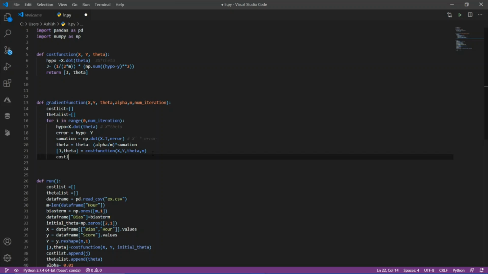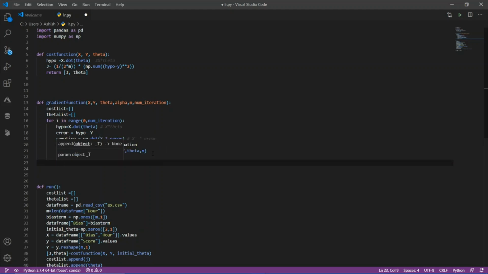So cost list dot append j, and then theta list dot append theta.